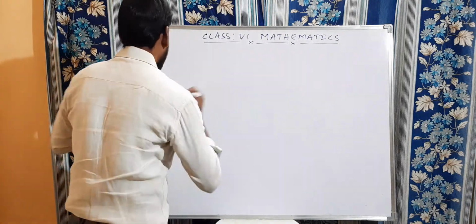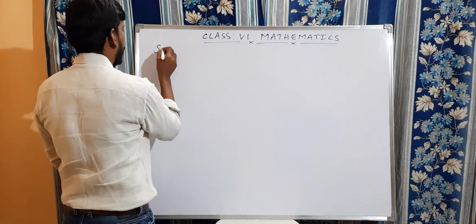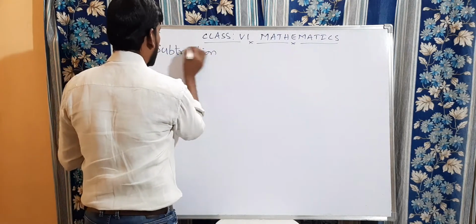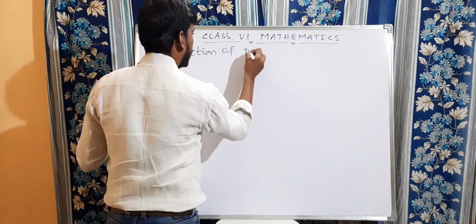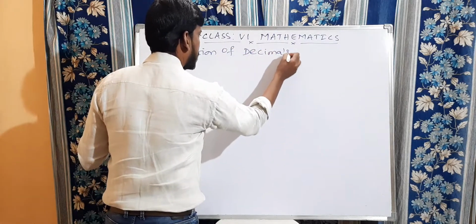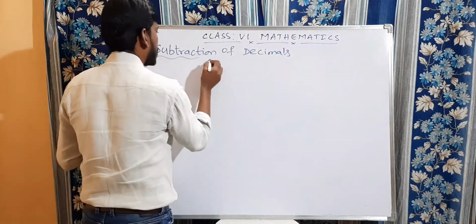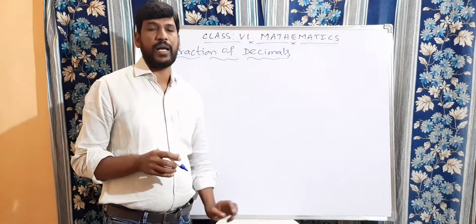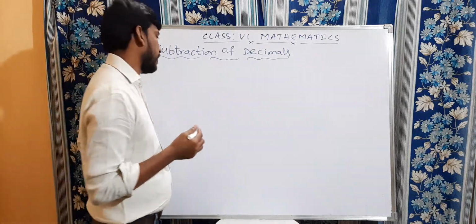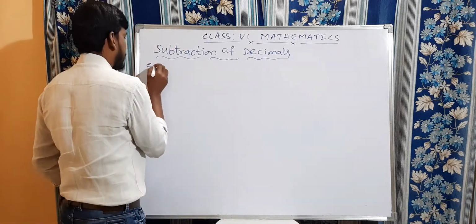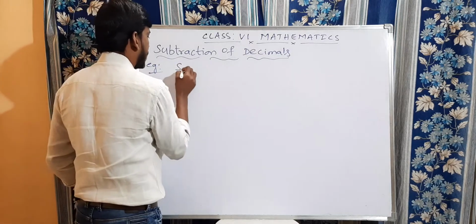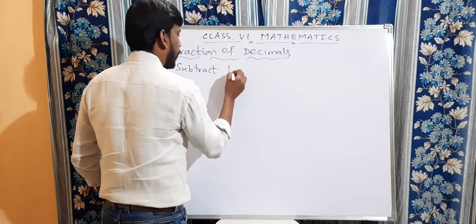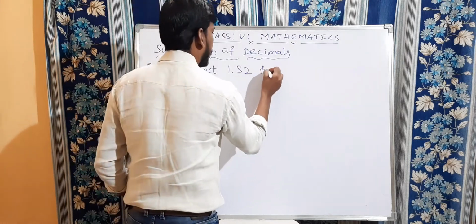Clear? So now let us discuss a simple example. Today, subtraction of decimals. Okay? Let us discuss examples. First of all we will discuss using the place value method, the place value chart. Now let us discuss a simple example. Subtract 1.32 from